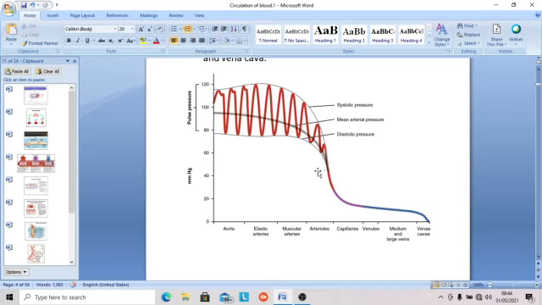Pulse almost dies in the arterioles. It rapidly dies. In the later part of the arteriole, you don't have any pulse. So the capillaries don't have a pulse, with increase and decrease during systolic and diastolic phase. Then the arterial end of the capillary, then the venous end of the capillary. At the end of the capillary, you have very little pressure. It is not shown here, but actually the pressure goes very near to zero in venules.